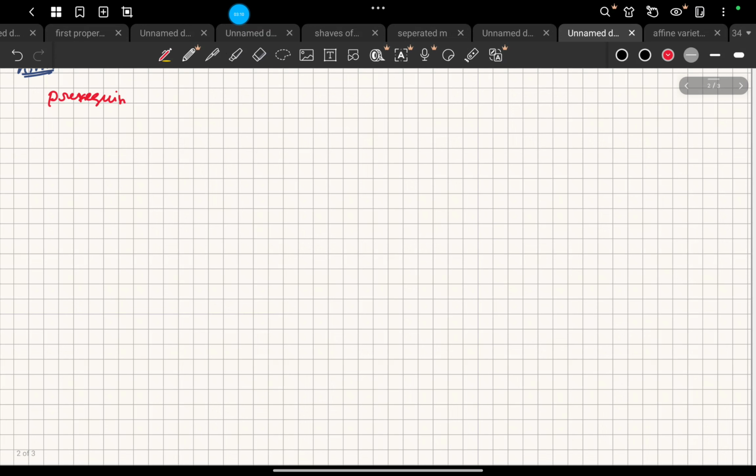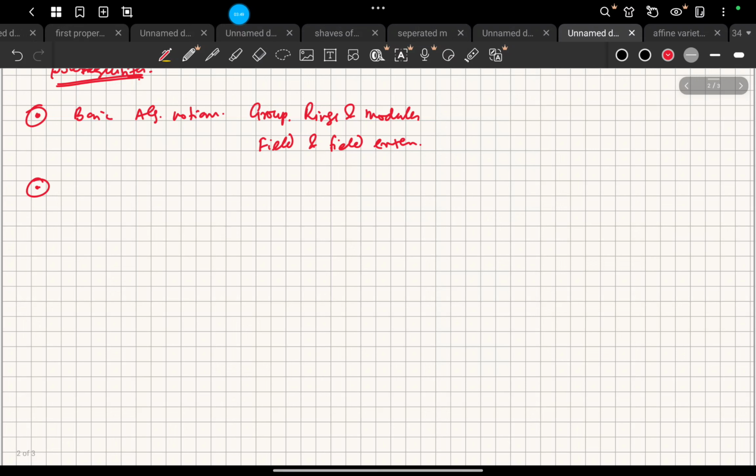I'll be assuming something that you all are familiar with basic algebraic notions, including, let's say, group, of course, rings, and modules, as well as field and field extension, also you should be familiar with basic commutative algebra, at least tensor product, of modules,